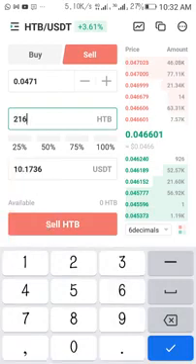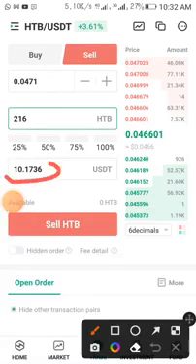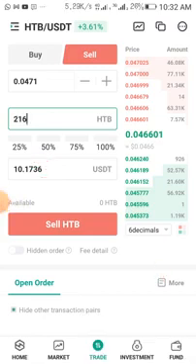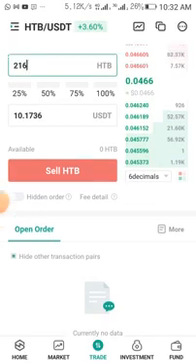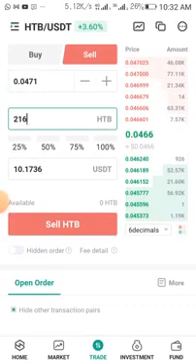You can see, for just using my $10, that is another form of arbitrage. So you can just be doing this. You place an advert, you buy, you go ahead and place another advert to sell it off. So that's how the whole thing works about completing your orders on